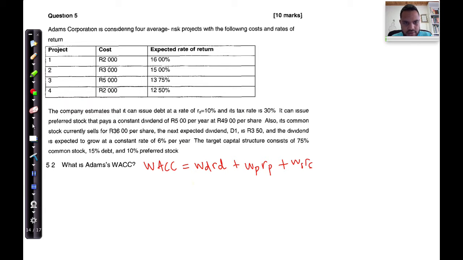And that's just going to be equivalent simply to the weight associated with debt, which was 0.15, multiplied by the rate at which lenders expect a return, which is 7%, 0.07. Preference stock is 0.10 because it's 10%. And that rate over there was 10.20, which is